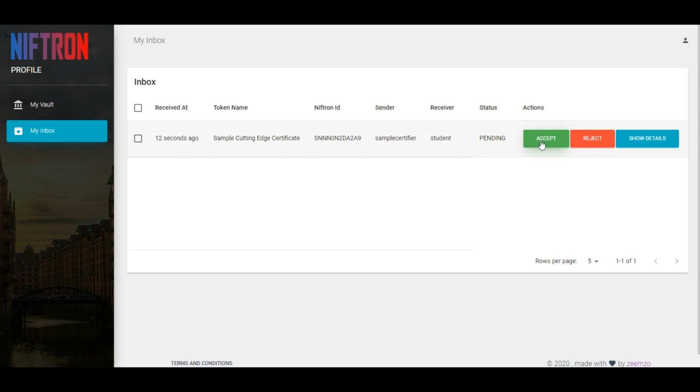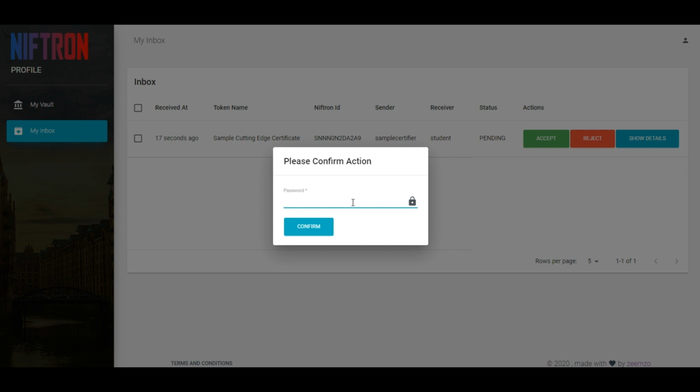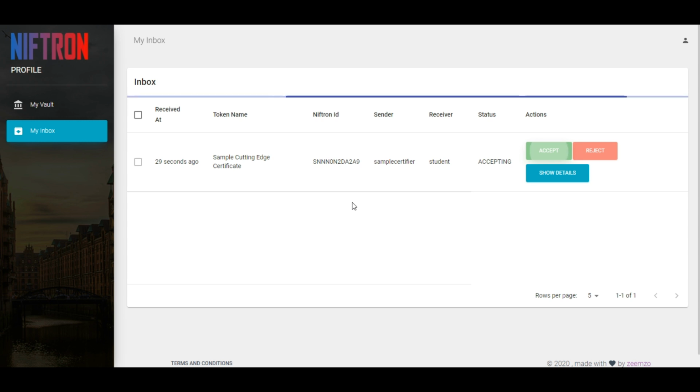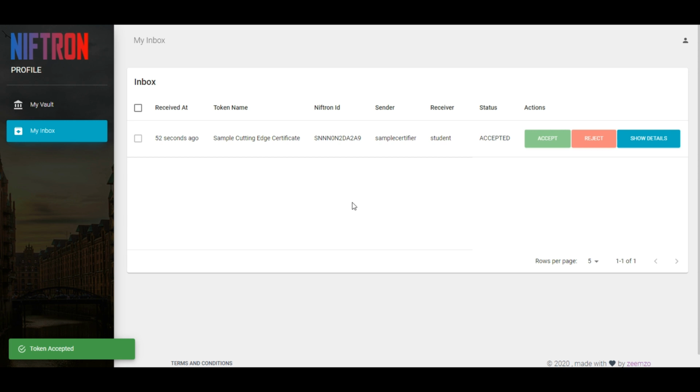So once the student accepts it, every person has to provide their secret key, or in this case the password, because you're a low privacy user. So once the password is provided and you're confirming that you're going to receive the certificate, you're accepting it basically. And before the certificate comes into your inbox, it goes through multiple phases of verification or approvals through other organizations and parties. So as you can see, your token has been accepted,